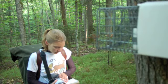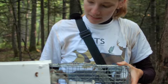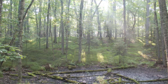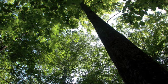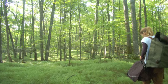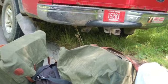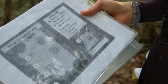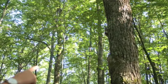The whole purpose of the study is to see how wildlife respond to special harvesting treatments that are designed to be more natural. A lot of times people think of timber management as just going in and clear cutting or just going in and taking all the wood that you can. But in this situation, the Wisconsin DNR is trying to see if there's a better way to manage forests, if there's a way that you can still harvest some wood from the forest, but just do it in a sustainable